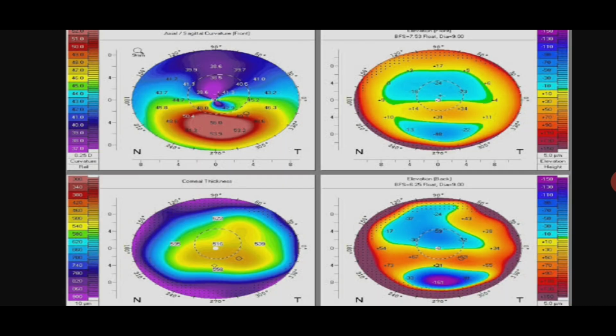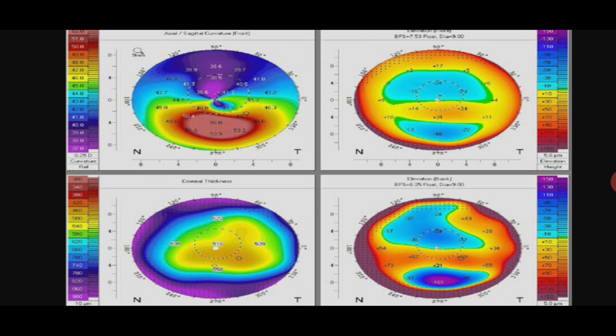If you look at the corneal topography report, it is a Pentacam report, you can see this red colored area. Red color is a hot color, blue is a cool color. So the red or orange area denotes that that place has thinning in the cornea. The corneal thickness is very minimal there, and it is also steeper.